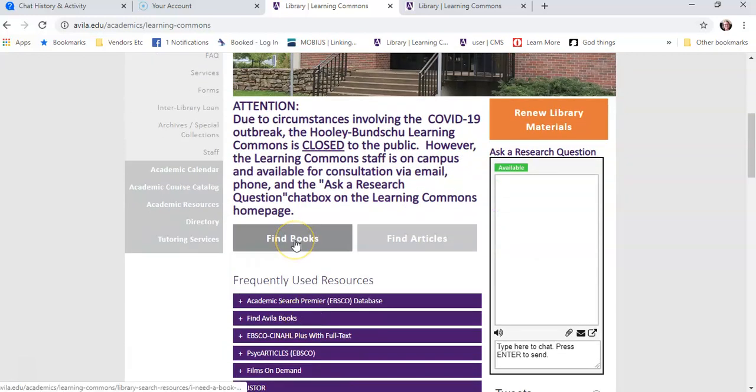There's also the Find Books, which we'll cover in a second video, and Find Articles. Since our book lending is suspended, we're going to cover ebooks. Finding Articles is a list of our databases and, of course, our chat box, which is manned by